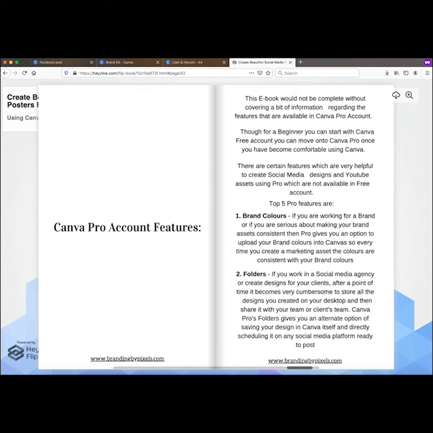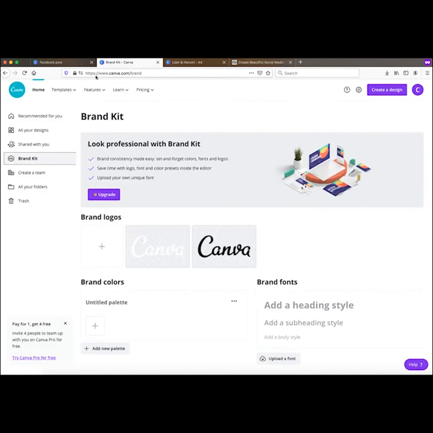The first feature that we'll be talking about, which is available in Canva Pro account and not available in the Canva free account, is your brand colors. So if I go back to Canva, on my home, you see an option for brand kit. Brand kit is nothing but making sure that if you're working with a specific brand, or if you're a social media agency and you are creating social media posters for your clients who are brands, then they will have a definite brand kit